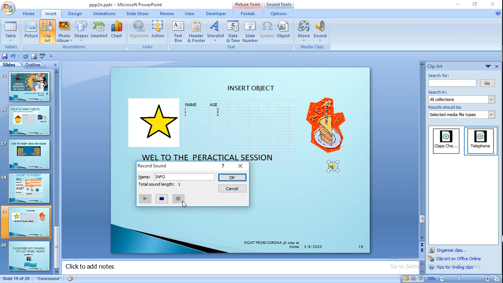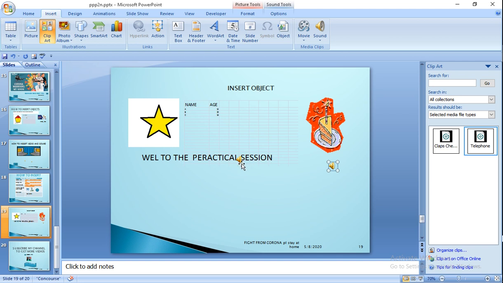What you say will record here, and when you run your presentation, the recording will run automatically, and what you have to tell the audience you need not tell. The sound which runs will tell each and every step of your slide to the audience, and it will be very helpful for the presentation. Press OK. A sound will come here.